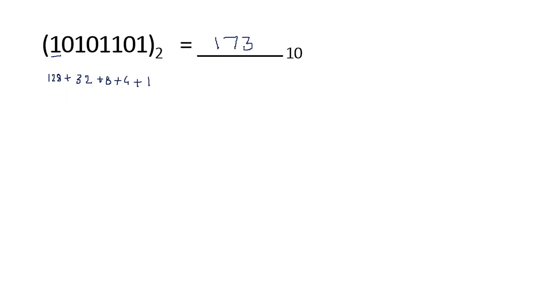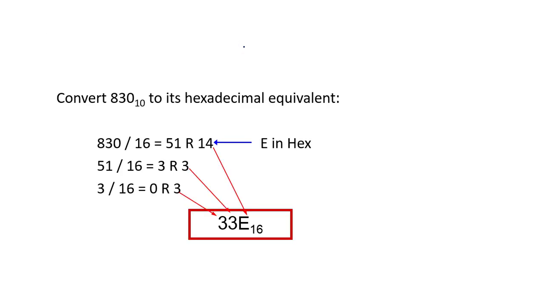Please understand. Just to make the story complete, I am showing you how you can convert into another system. For example, let's say this number is given to you in decimal and you want to convert it into hexadecimal. As the rule of the game says, we have to divide by the base into which we want to convert. So my base is 16. So when you divide 830 by 16, your quotient could be 51, your remainder could be 14.